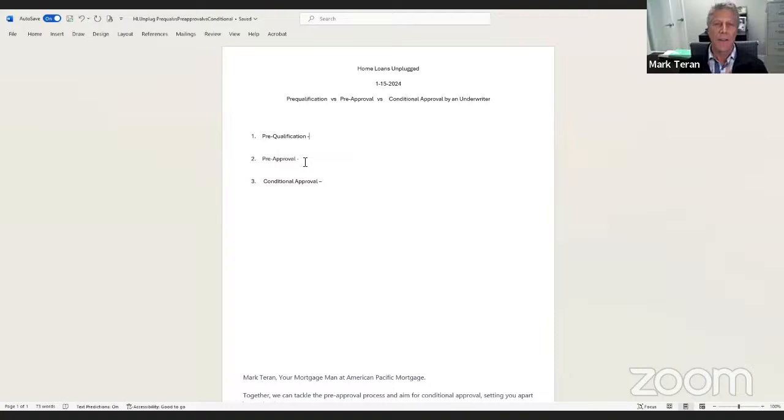But here's one of the biggest things that I see happen. Number one, we get some of that information in from the consumer, but often maybe they didn't get all their pay stubs in. They got one from several weeks ago. They got maybe one of their W-2s. They didn't get all the pages to their bank statements. So they kind of turn in not a complete review.